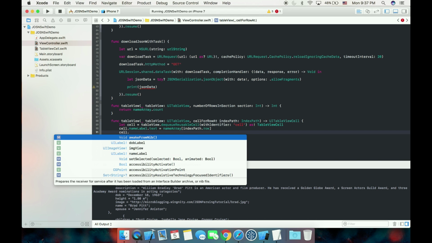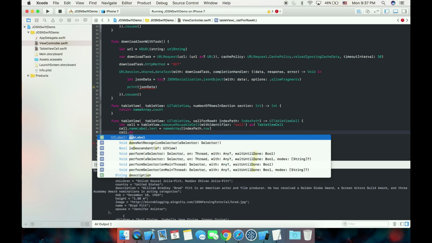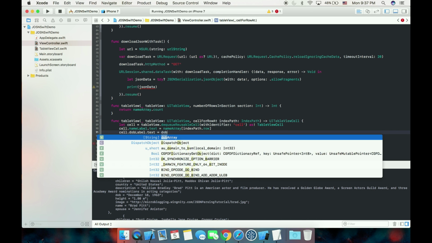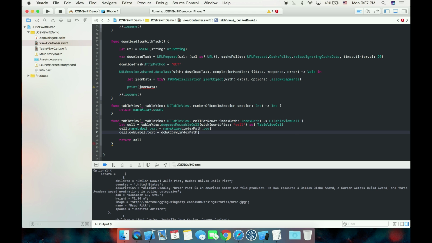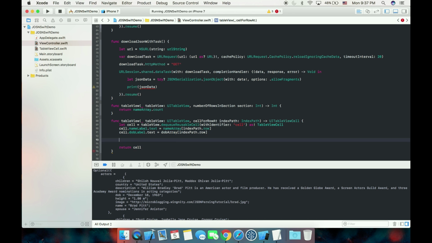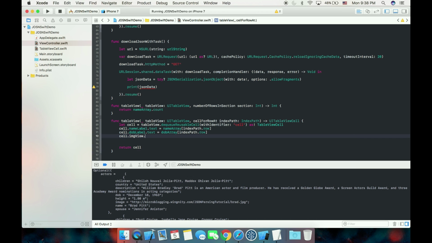Same for the other label called dobLabel.text equal to dobArray indexPath.row. And finally, for our imageView.image,